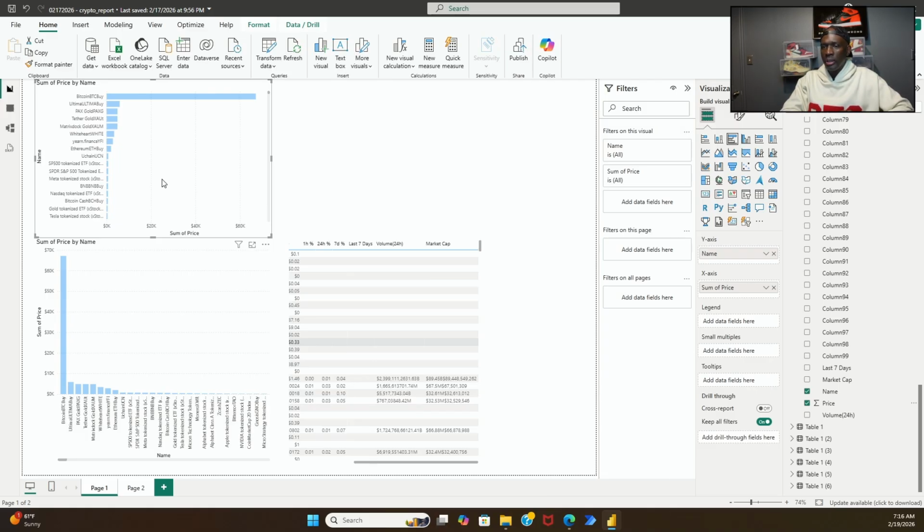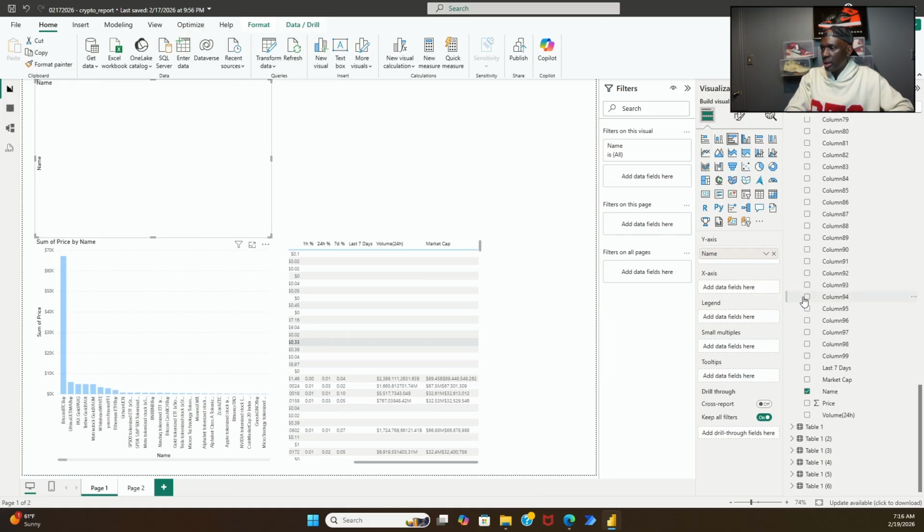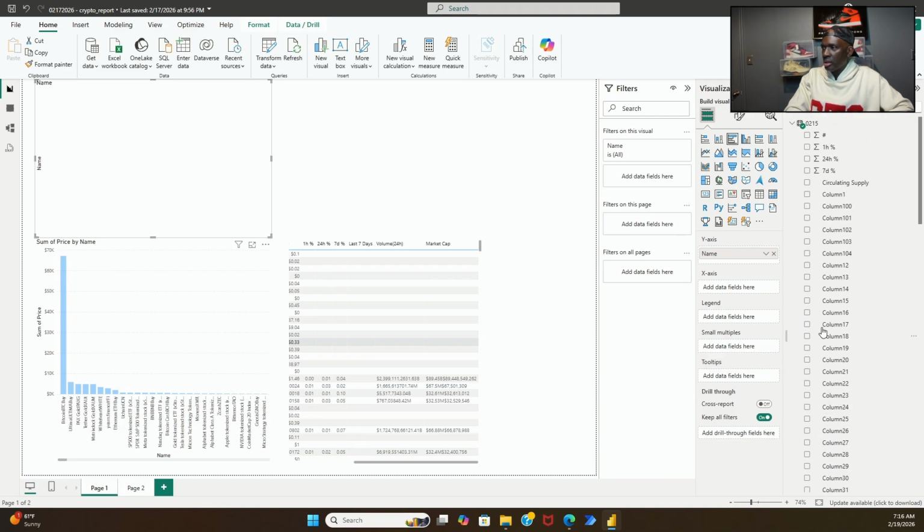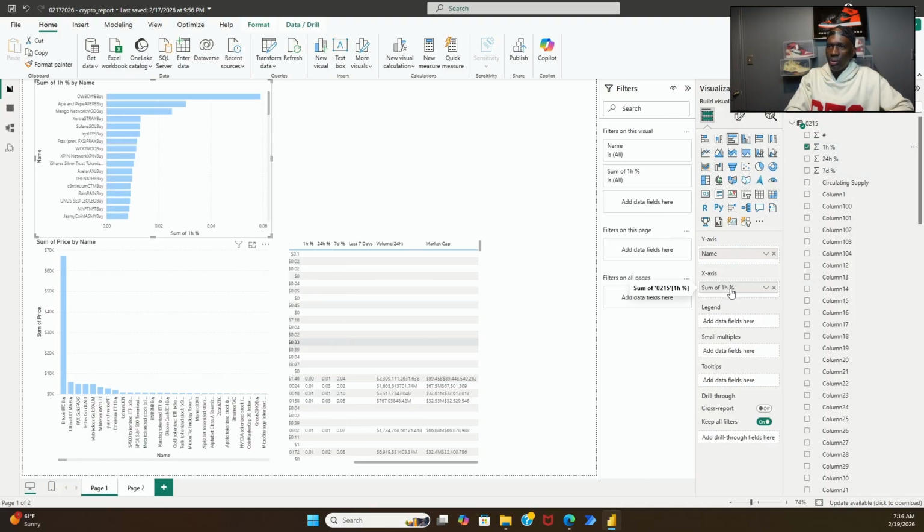So what I'm going to do here is, rather than using price in the clustered bar chart, I'm going to change price to, let's see, what I want to put in there instead of price. Let's place 1 hour percent, which should be telling us what's the change in 1 hour percentages. And as we see here, now we have,